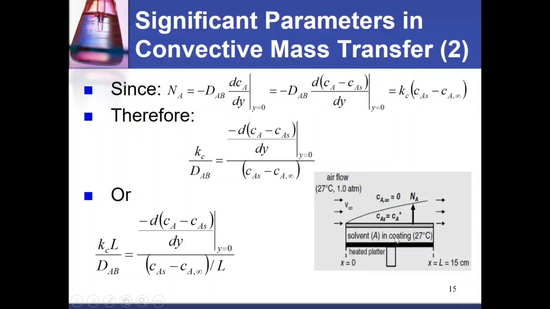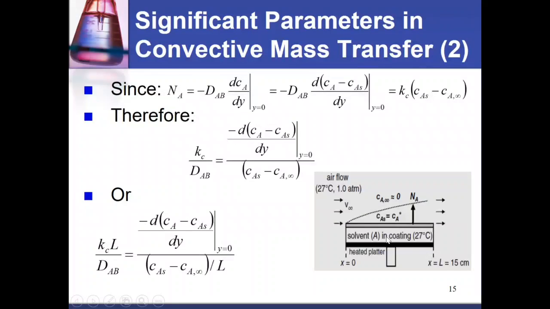And this process, if you remember, took about 45 seconds to evaporate all the liquid solvent from it. So now we did a balance last time on the amount of solvent inside the system. Inside the coating, the solvent A changes with time, because it was initially 0.35 gram, and then at the end, after 45 seconds,